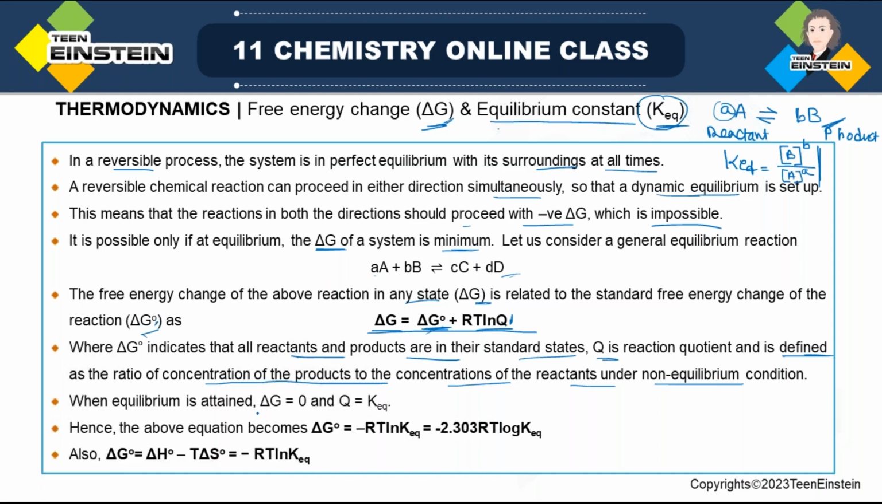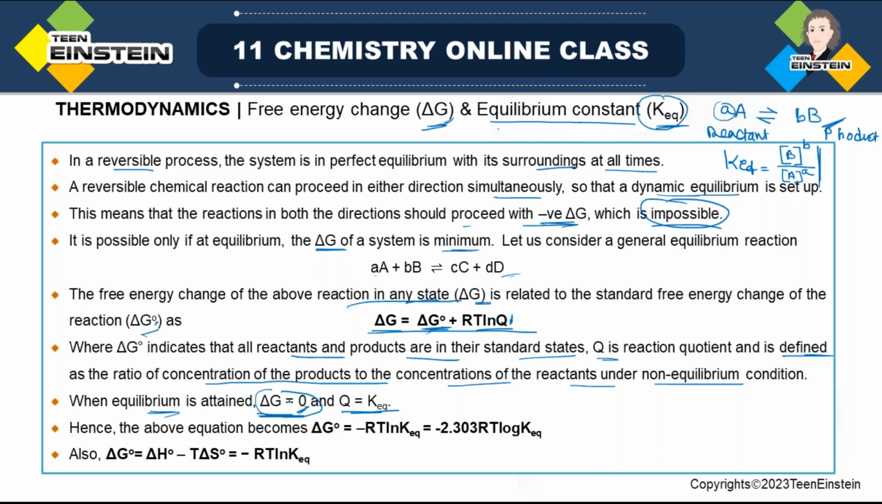So when equilibrium is attained, now we have to consider del G, which is the free energy change under any state, as 0 when equilibrium is reached. Because when equilibrium is reached, a reactant can be converted to product, and product can be converted to reactant. So in both directions there is dynamic equilibrium, and it would mean that it should proceed with negative del G in both directions, but that is not possible. It is impossible. So that is why we consider that when equilibrium is reached, del G is minimum, and that minimum is actually